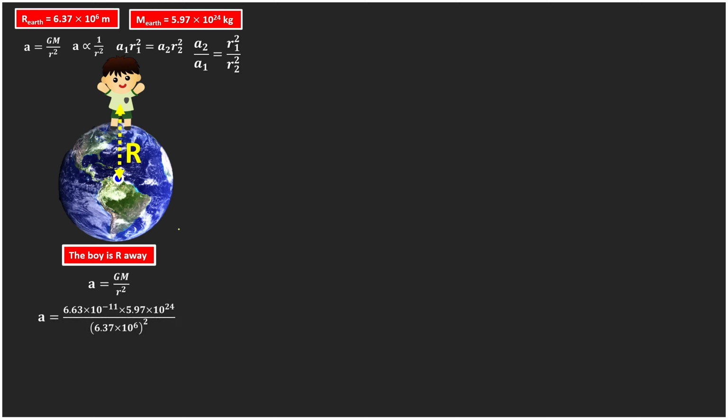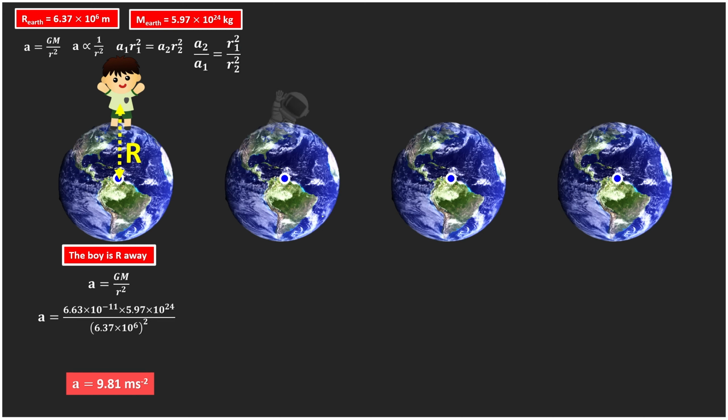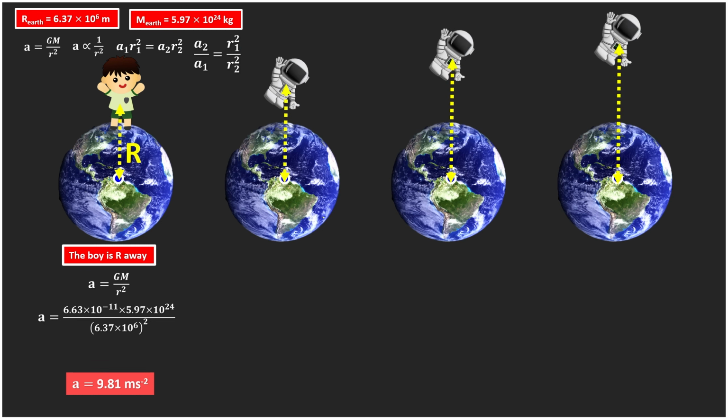By substituting all the values, G is the universal constant, M is the mass of the Earth, and r is the distance from the center of the Earth, while we are r distance away, which is the radius of the Earth. And by pressing the calculator, we get the answer of 9.81 meters per second squared. And this boy dreams to become an astronaut. He wants to know what happens to our gravitational acceleration when he is 2r, 3r, and 4r away from the